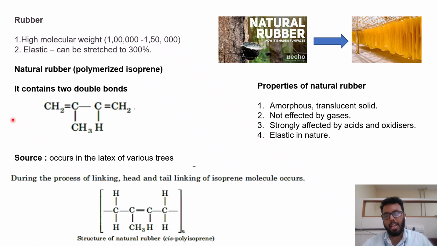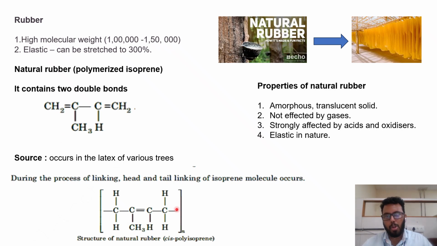So when you visit Kerala or other parts of the country, you will see they make a slit in the trunk, and they put mostly a coconut shell. They put it there, and they collect the rubber latex. Then they collect all this rubber latex, do the process, and convert it into natural rubber. So during the process of linking, head and tail linking happens in the isoprene molecule, so that